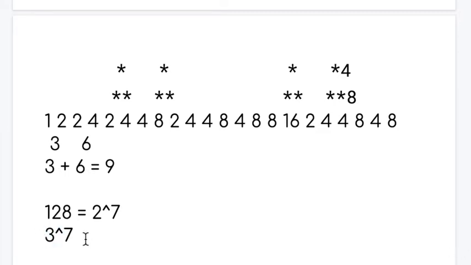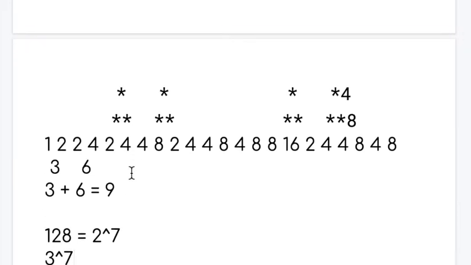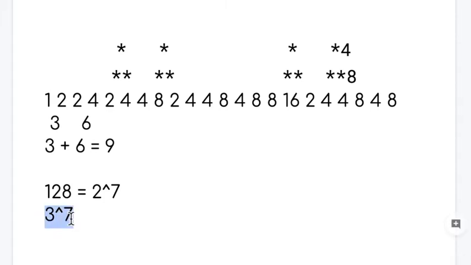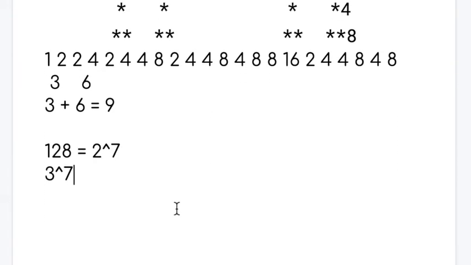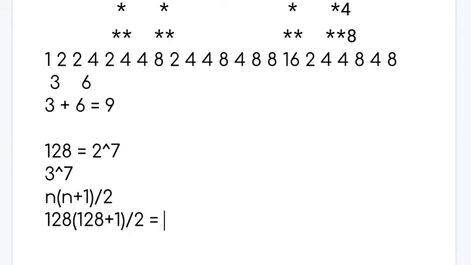But we're still not done yet, because we were asked for the percentage of odd numbers out of the whole triangle, and we've only given the number. So now let's find the percentage. All we have to do is find, so there's 128 rows, and if you know the triangular number formula, it's just n times n plus 1 over 2. It's just the formula for finding triangular numbers, and we need to plug 128 into this. So 128 times 128 plus 1 over 2